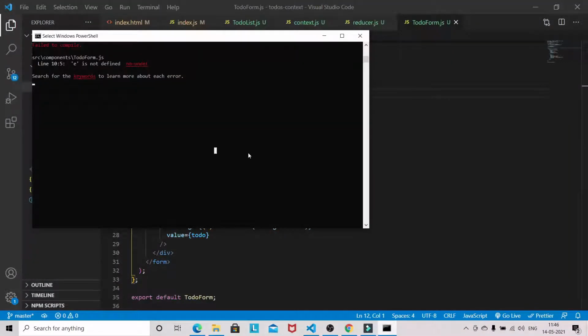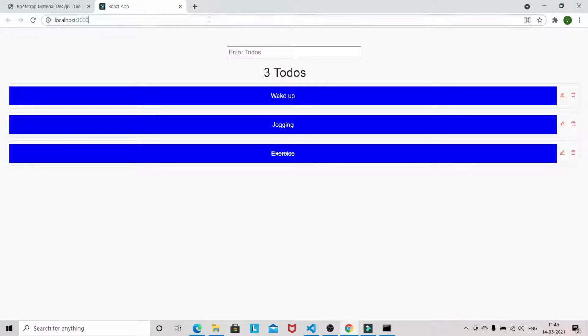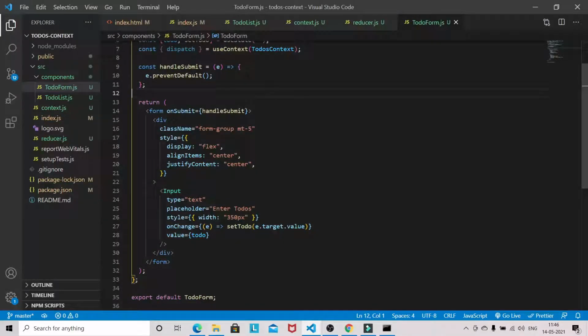It's annoying sometimes. Okay, so we are able to see our input field here. Okay, input form. Now, while submitting, we need to dispatch an action here.